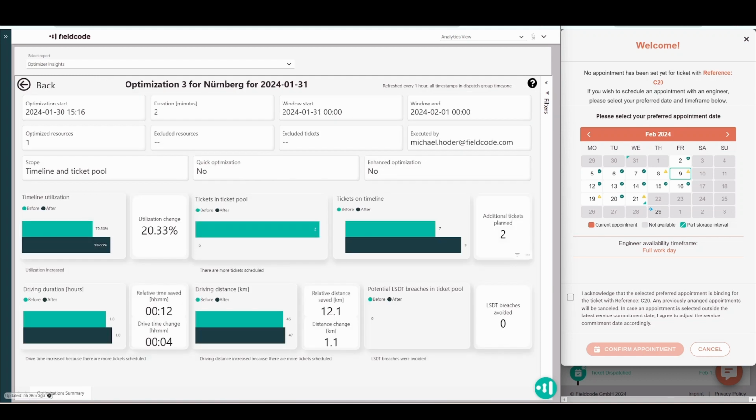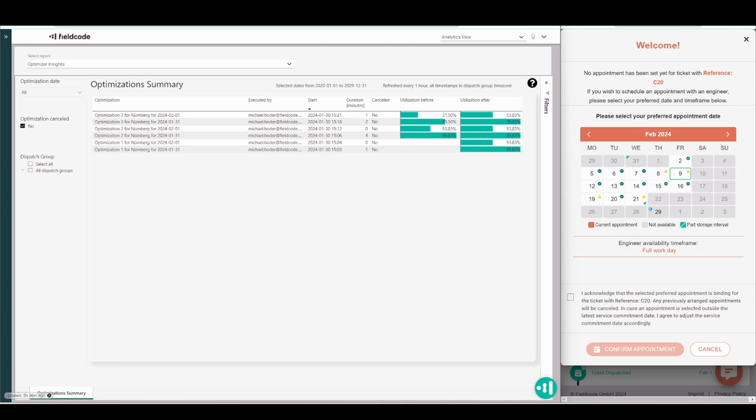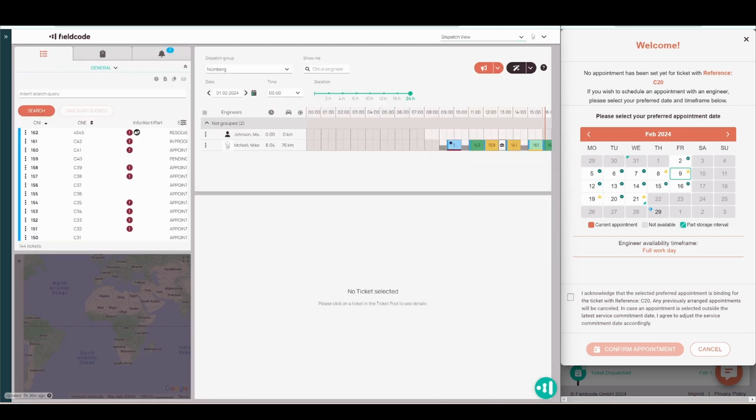So in this case, before I ran it, I had 2 tickets sitting in the ticket pool. After it was run, 2 more tickets were added. This is a very simple case, but once the optimization is more complex, you're going to see a lot more useful data. So please play with this, drill down. You'll see the benefits of running your optimization. You'll be able to see what was affected per optimization and see why it's much better than not optimizing. All right. Let me get down here. All right. Now,